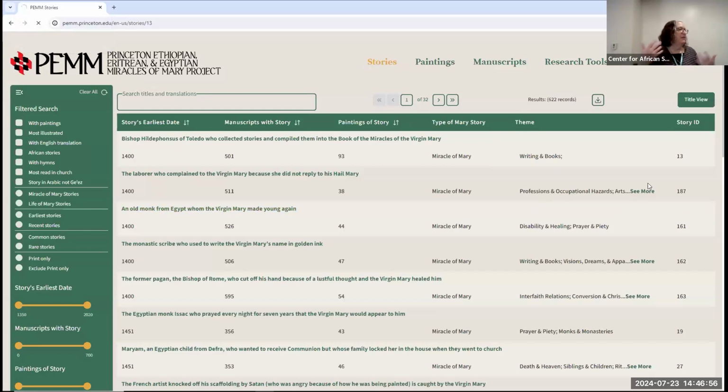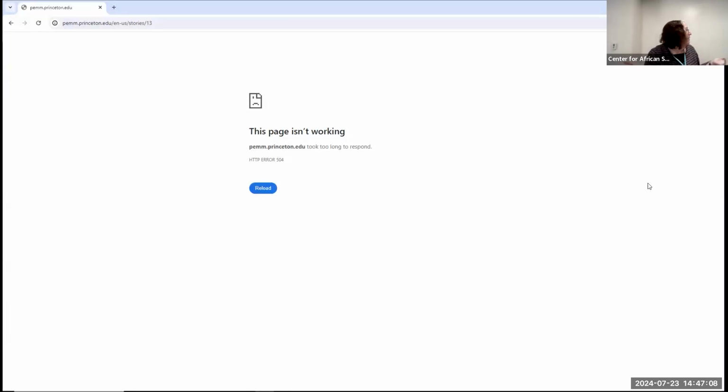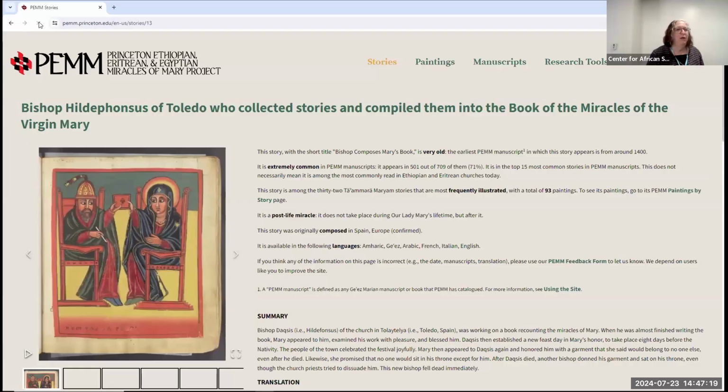But what it's going to do is it's going to take us into a page where it's going to give you a lot of information about what manuscript, how old the manuscripts are that it first appeared in. You may remember that I said that we couldn't tell how old the story was, like the Cannibal of Kemmer story. I'm like, was that written in the 1900s? Was that written in the 1700s? And it appears in a manuscript from 1400. So we know that it's very, very, very early.